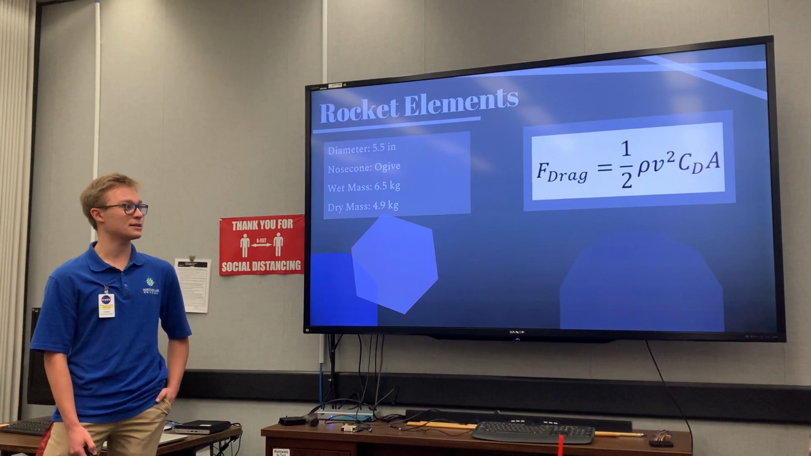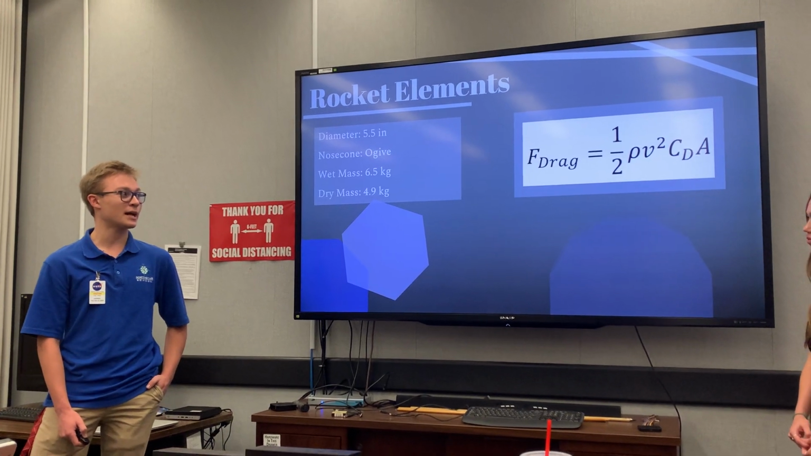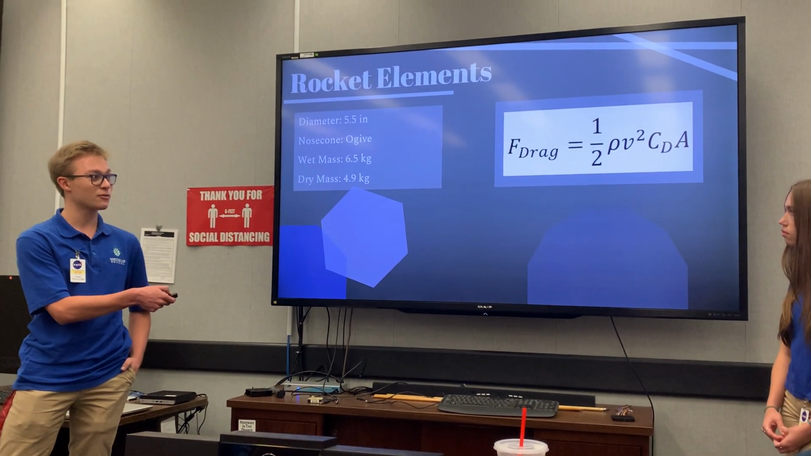And the reason why our diameter is so large is because when looking at the equation for drag, which we have over there,